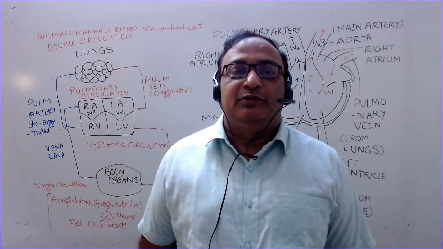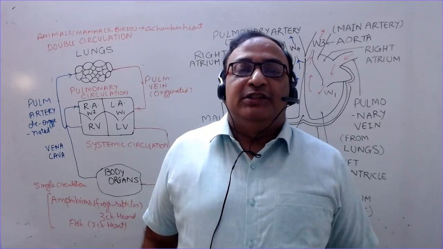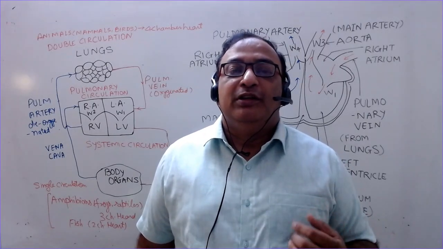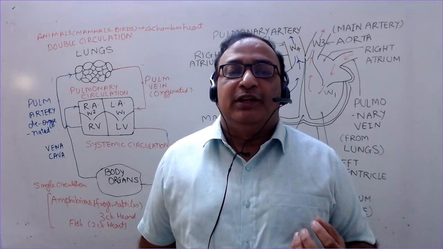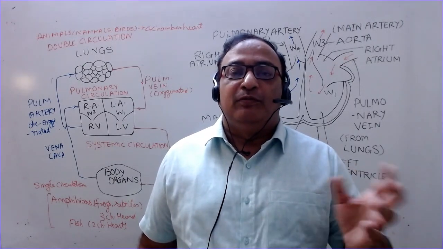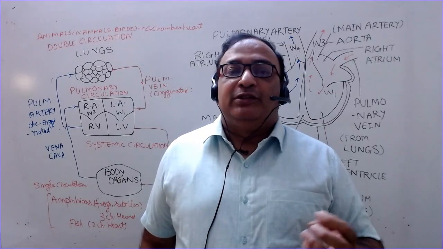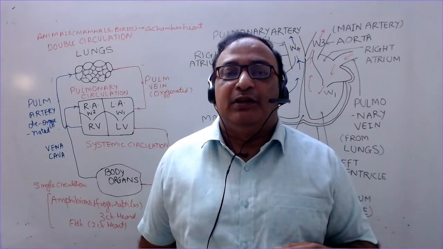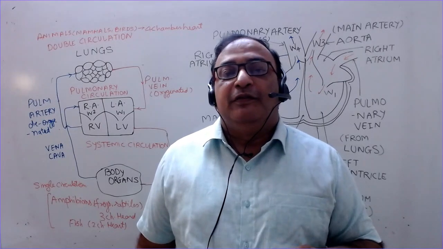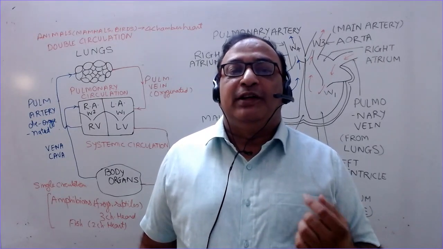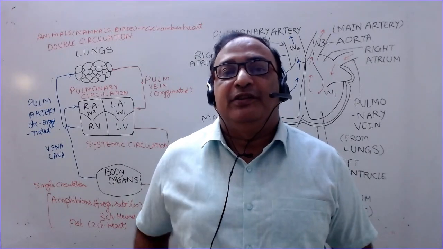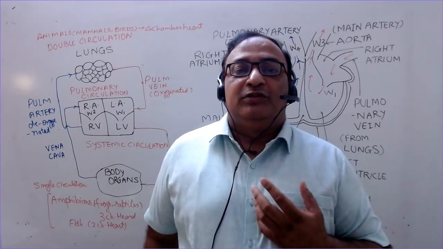The blood passes through the heart. Oxygenated blood comes from the lungs to the heart, and deoxygenated blood, which carries the carbon dioxide, comes from the whole of the body, passing through every cell, to the heart. The heart then again sends this deoxygenated blood to the lungs, where it is oxygenated again. The carbon dioxide is removed and comes out as a result of external respiration, and the oxygen is dissolved in the blood.